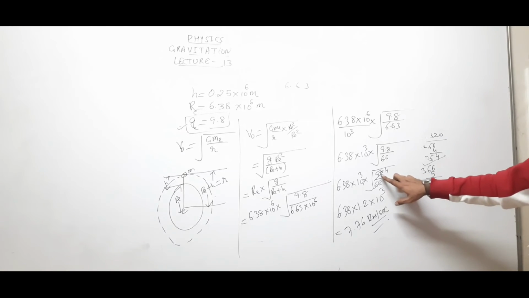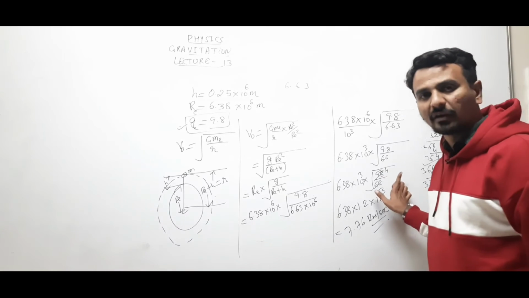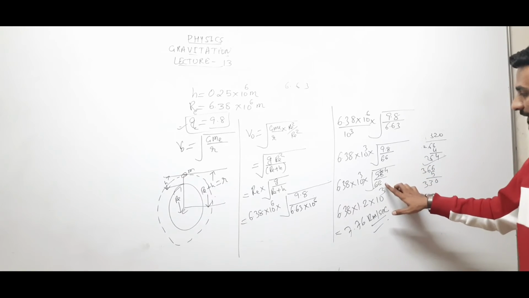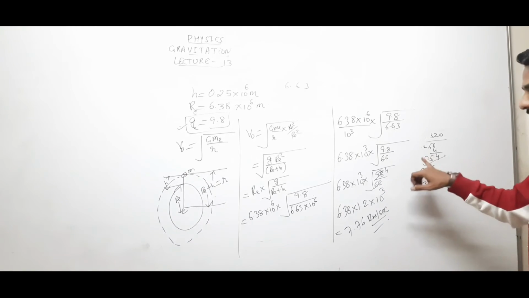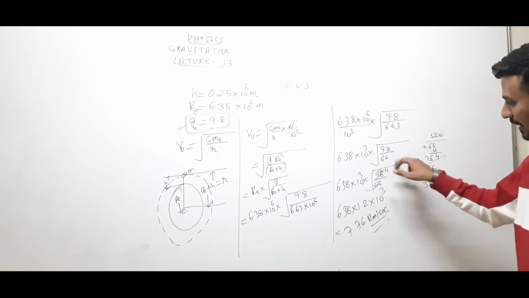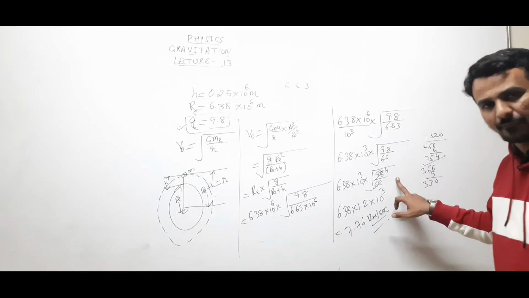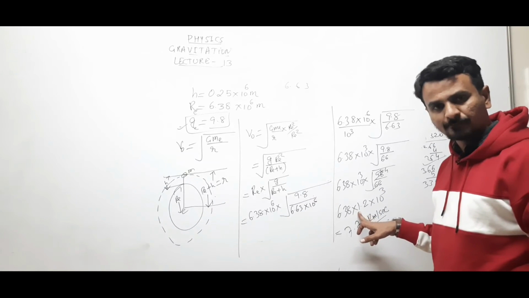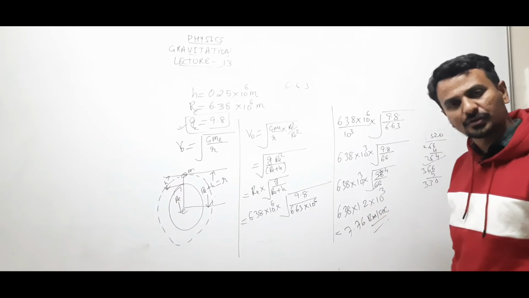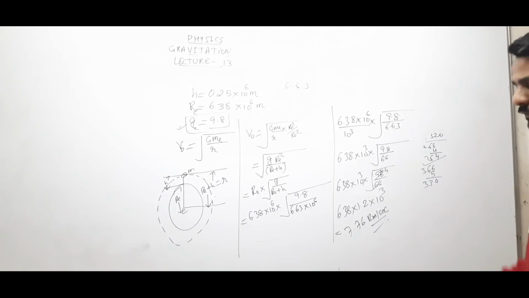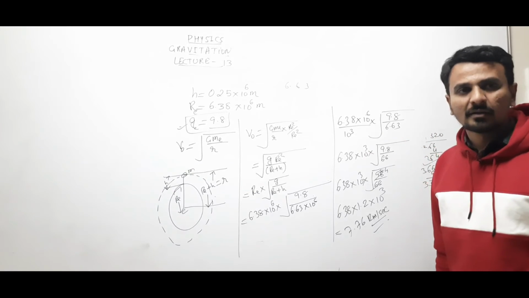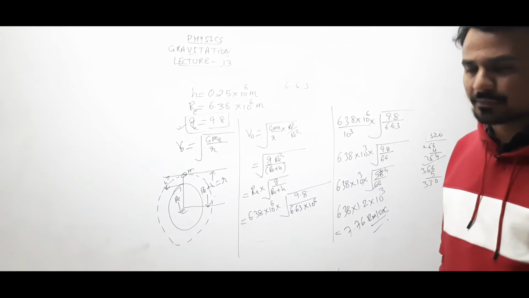Right, so 66, 166, 76, 86, 96 and 2, so 32. So I have placed the point, so it will be 320 and 66 into 4 will be 264. So this will be nearly 1.4 whose root will be 1.2. Then 6.38 into 1.2 will be nearly 7 point something. So that is how we will solve this, because we are not allowed to use a calculator. Clear? Let us solve another question based on satellite.